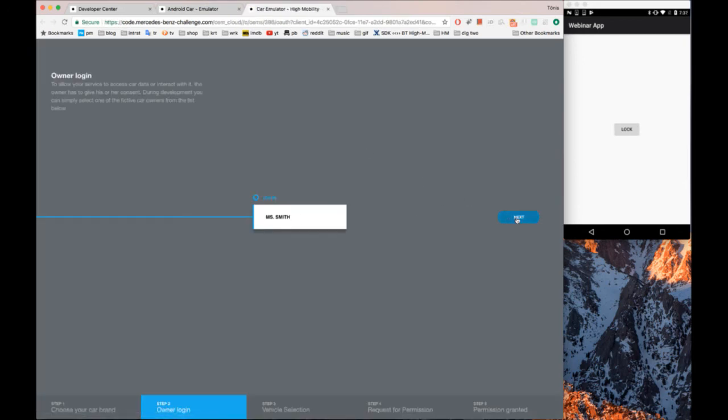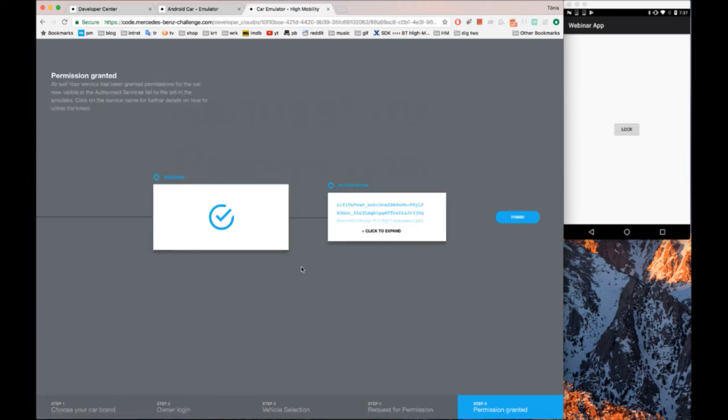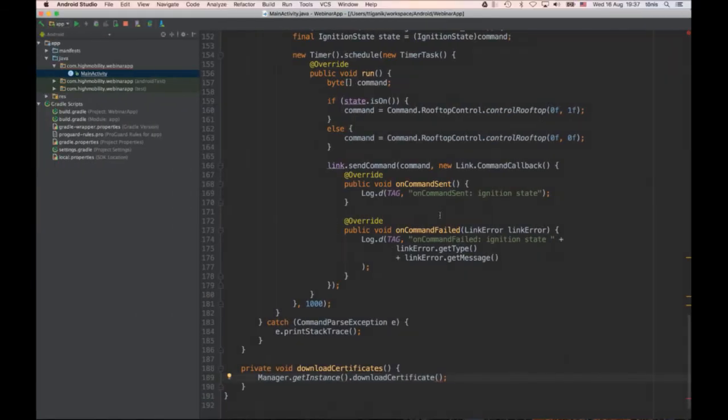Here, log in as the user. Here you can see we're requesting permission for full control of the car. Let's grant access. And permission granted. So now the access token has been created, and you can copy it here and then go back to our application